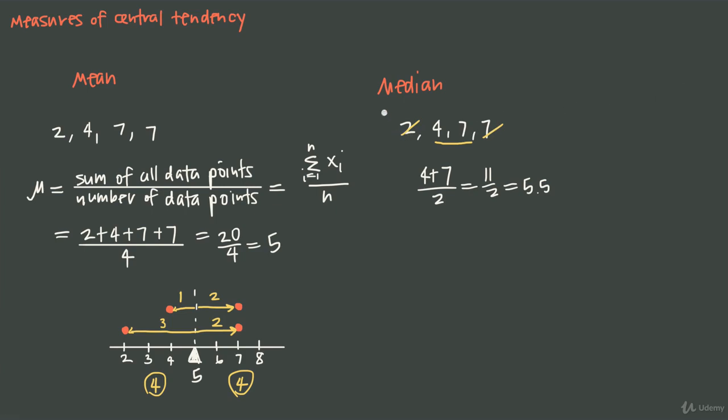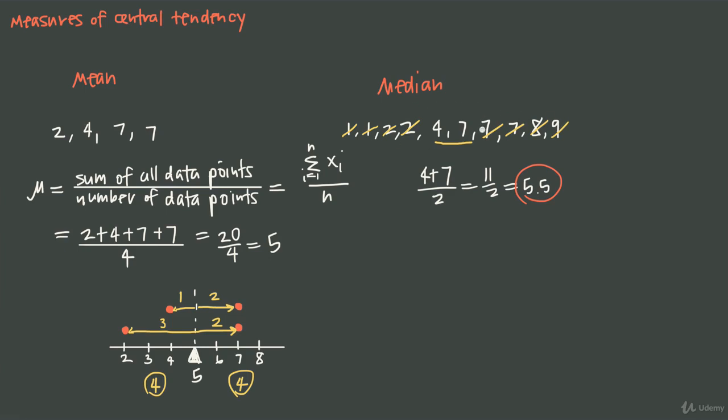Keep in mind that if we had many more data points, for example, let's say we had 1, 1, and then another 2, and let's say over here we had another 7, and then an 8, and then a 9, we would have started crossing out the endpoints here and worked our way in like this, and crossed out the 2 and the 7, and then this 2 and this 7, and ended up with just the 4 and the 7. Take the mean, and then this value here gives you the median. This is what happens when we have an even number of data points in our set. So we can see we had 1, 2, 3, 4, 5, 6, 7, 8, 9, 10 data points in this